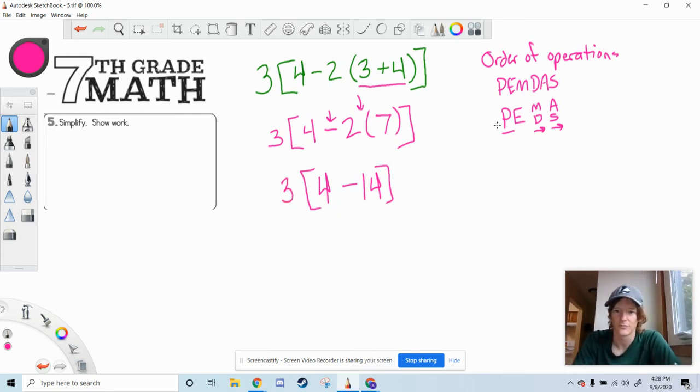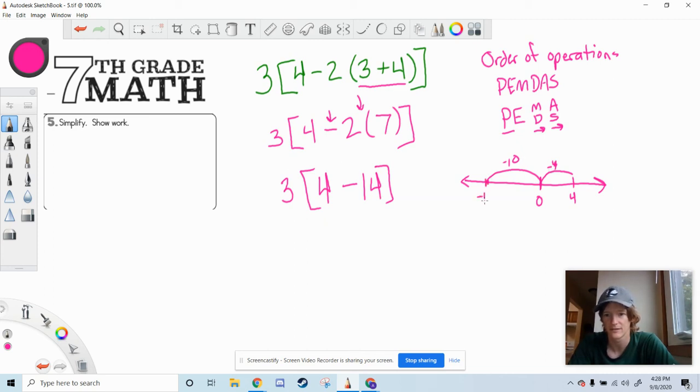Next, we're back. We're still doing parentheses. So this will be 4 minus 14. You might think of my number line here. Okay, so here's 4. I'm going to go down 14. Well, let's go down 4. Will take us to 0. And now I have 10 more to go, so we'll go down 10. So now I've gone a total of down 14, and it'll take us to negative 10. So that's negative 10. And I'm going to even leave these brackets so I remember that it's got to be